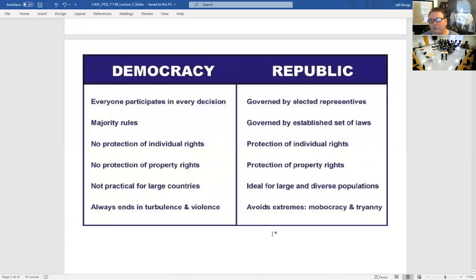You'll want to make sure you read about how we limited popular rule, at the bottom of page 50 and the beginning of page 51. One of the key things that our founders did, and you'll hear a lot about this as we come up to the November elections, is that our founders established an electoral college for electing a president.